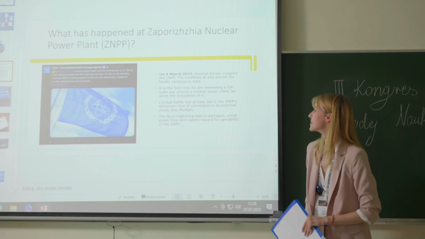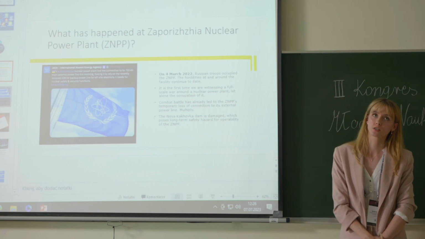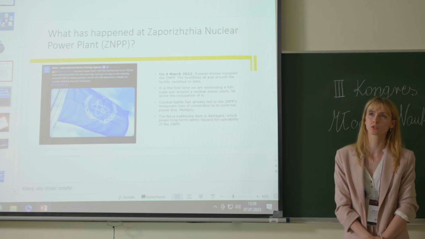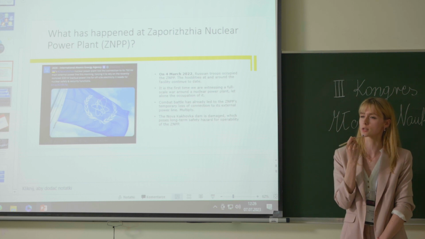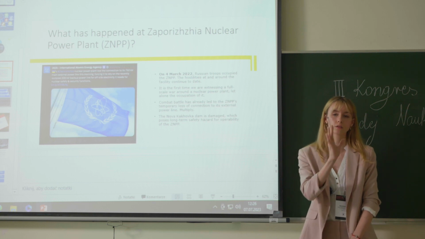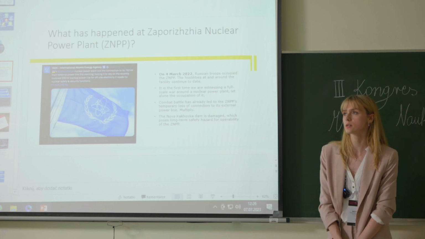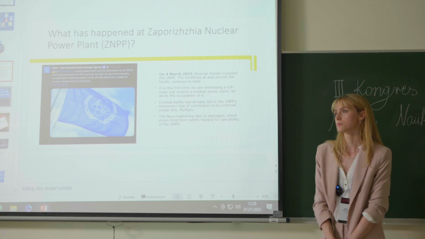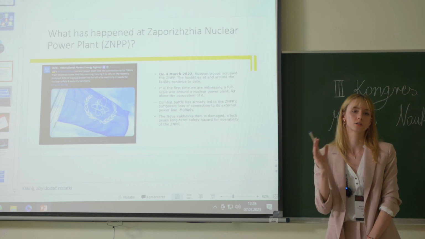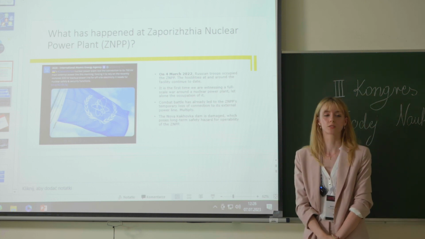So, in the case of Zaporizhia, during the war, Zaporizhia has lost its external power supply 8 times. The last one occurred, it seems to me, on Tuesday, July 4th. Luckily, right now we have the main external power line, and we restored just at the beginning of the month the additional backup power line, but it is still fragile considering that before the war we had 6 such lines. Also, the Nova Kakhovka Dam is damaged.